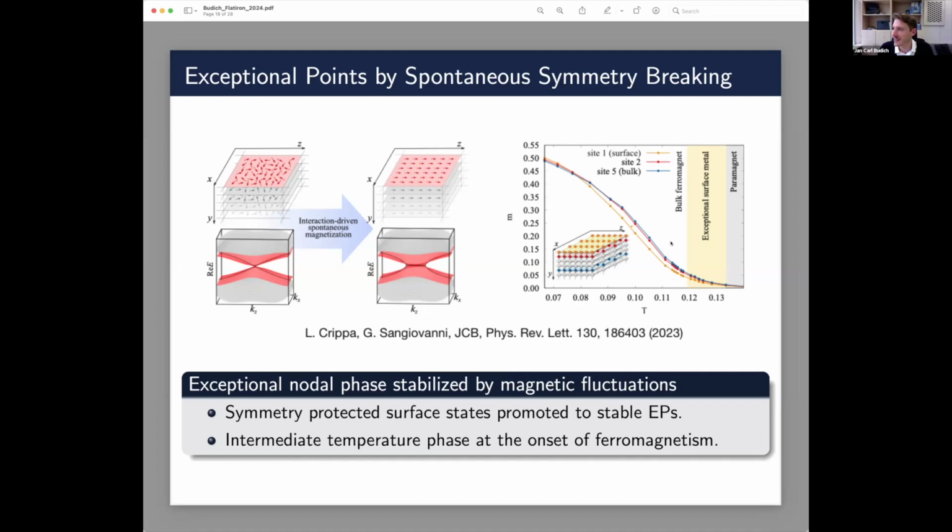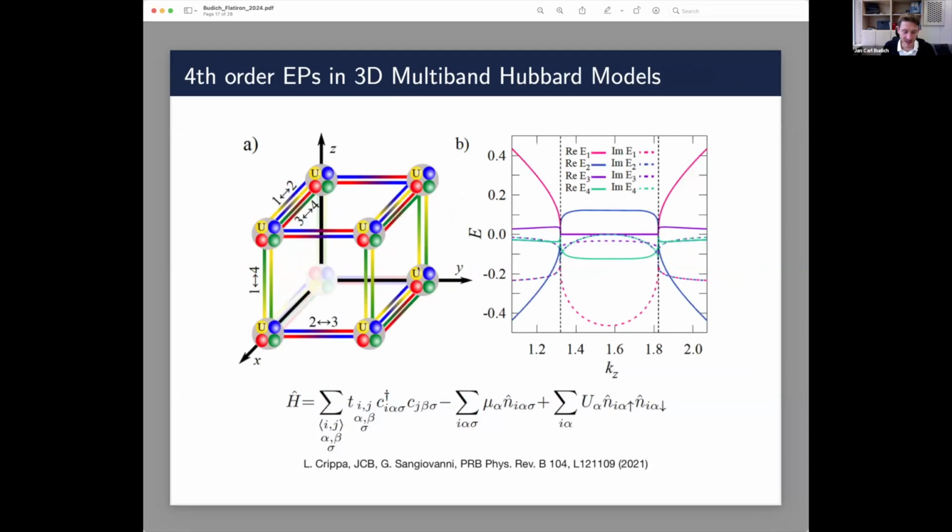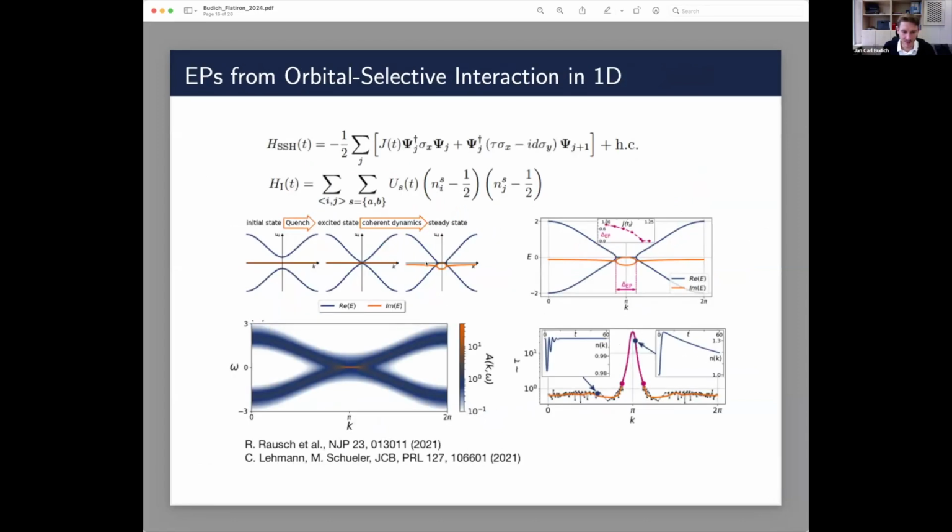The main take-home message, in terms of qualitative insights, is the general phenomenon that whenever you have something close to a band touching point, it would very generically, at a good resolution, turn out to be one of these phenomena that I've shown you. Either this crossing here, which is actually this swapping of complex bands, or an exceptional point along these lines. This is the generic situation, and everything else would be very fine-tuned.